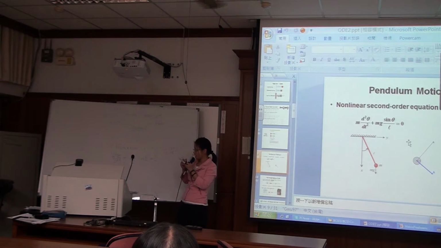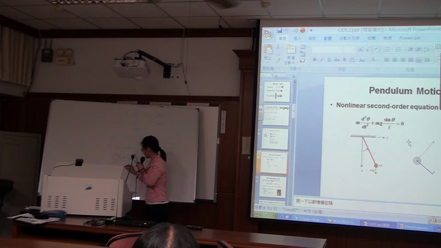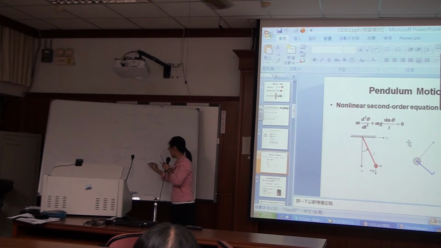So when we have a second order equation, we know that you can set, say, x1 as theta and x2 as d theta dt. Then x1 dot, x2 dot will equal to